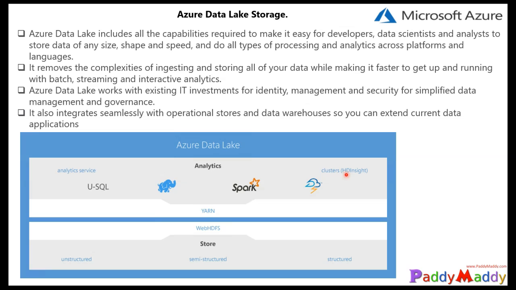And let's move to another topic. The other topic would be data lake storage. Azure Data Lake includes all the capabilities that are required to make it easy for developers, data scientists, and analysts to store data of any size. It can be petabyte-size files, or even trillions of different objects, and whatever the shape or the speed, all types of processing and analytics across platforms and different languages can be performed within the Azure Data Lake